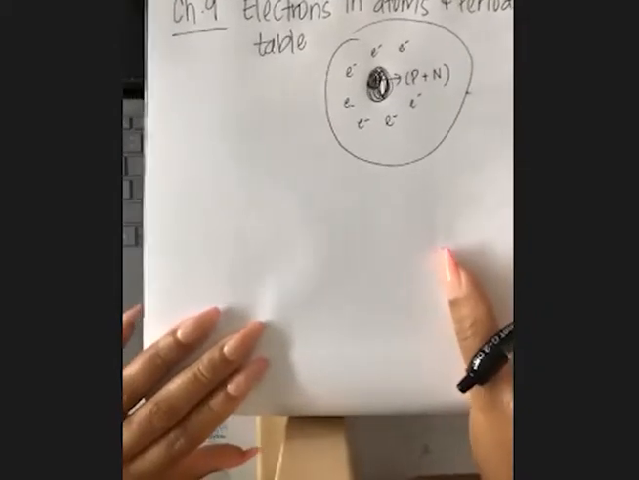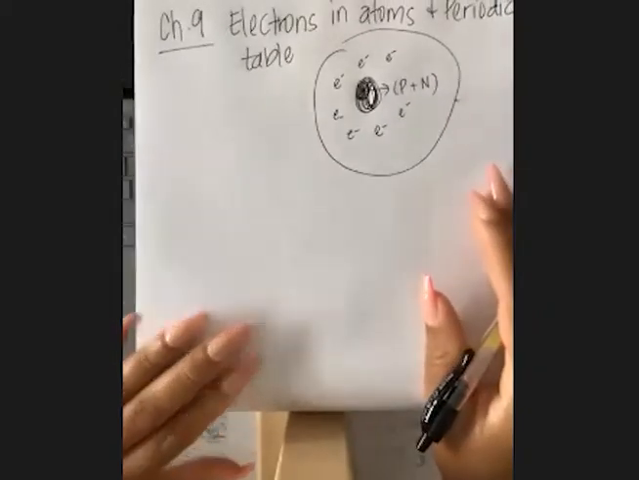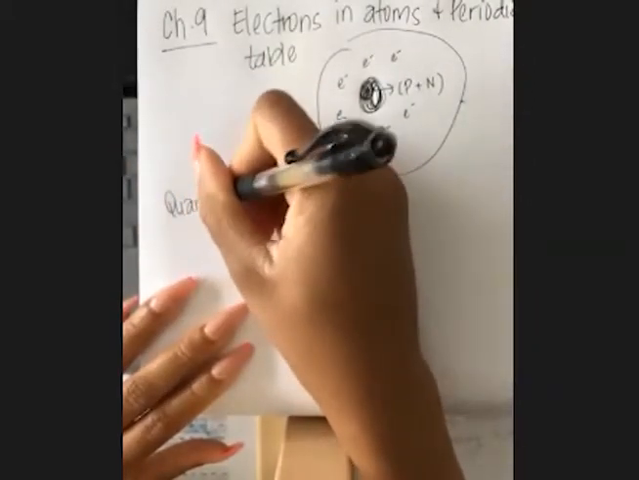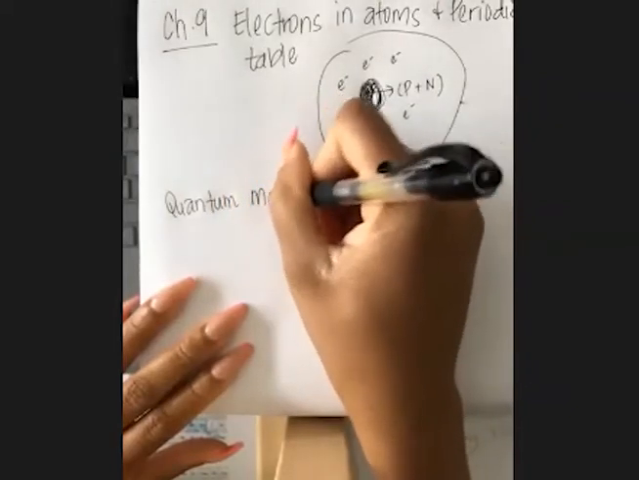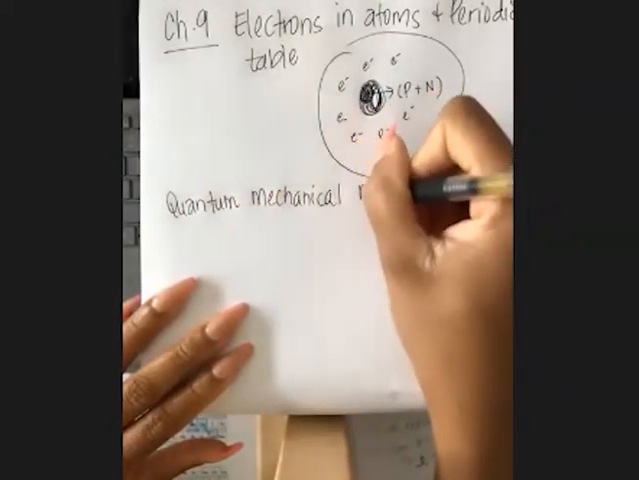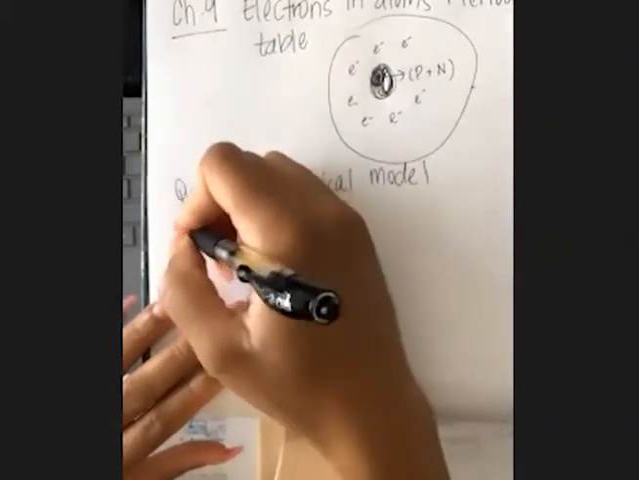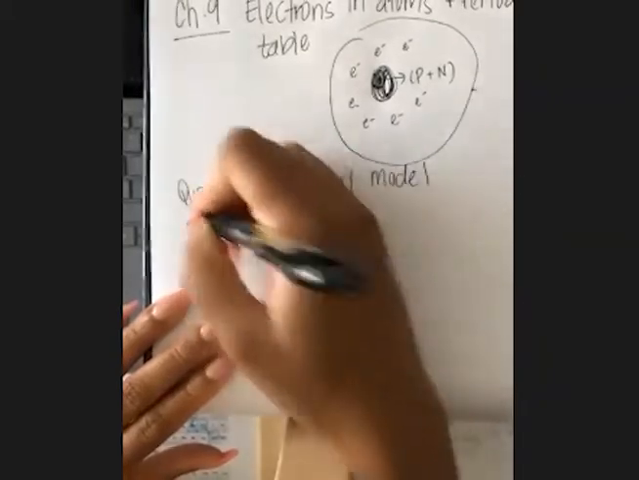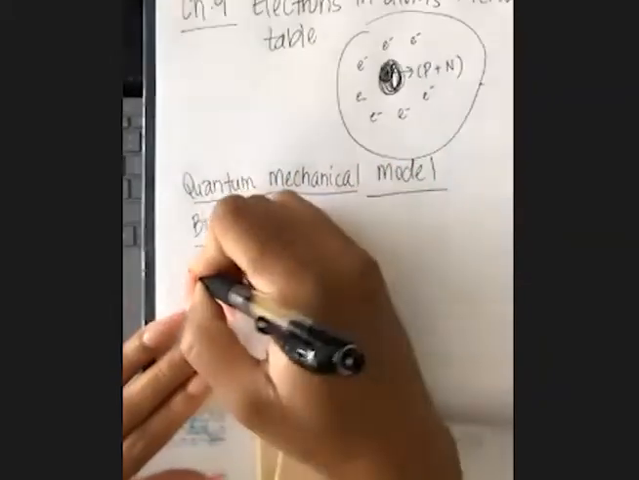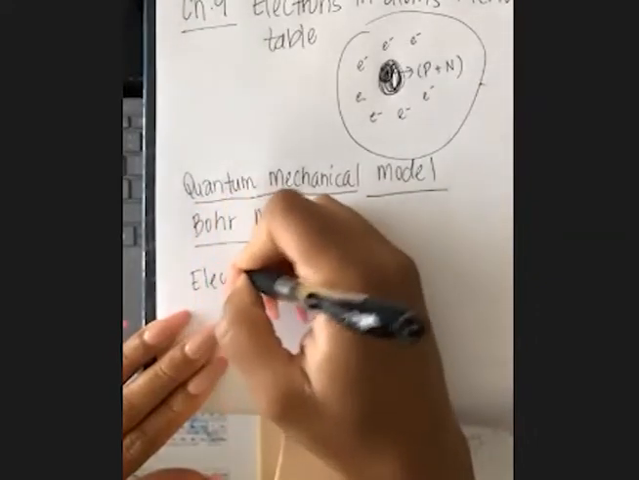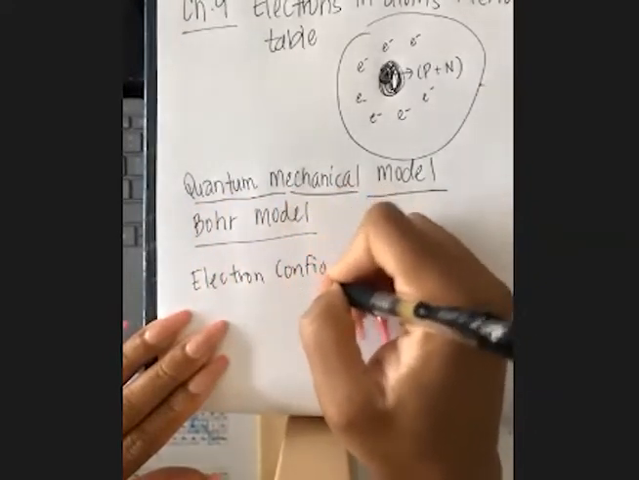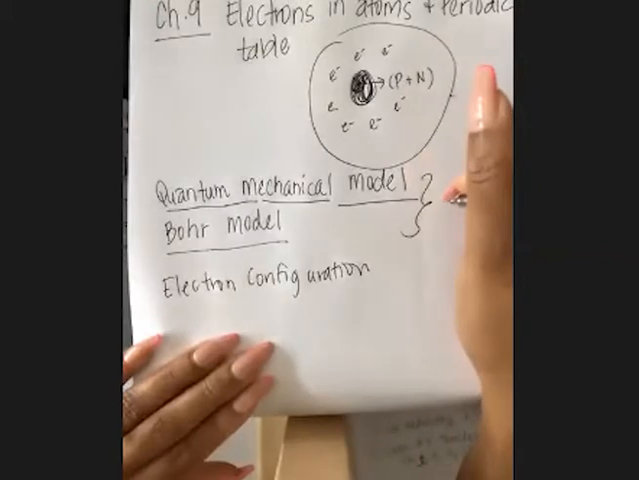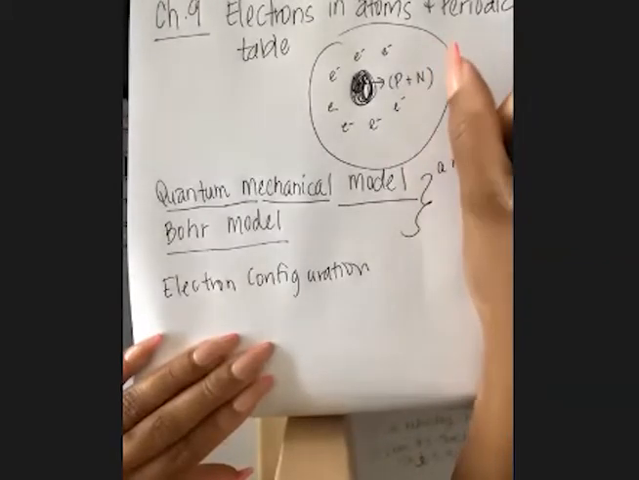So the two models that we're going to talk about in this chapter are the quantum mechanical model and we're also going to talk about the Bohr model. I'm going to briefly talk about both of these, but the main focus of this chapter is trying to figure out the electron configuration. Both the quantum mechanical model and the Bohr model are just models